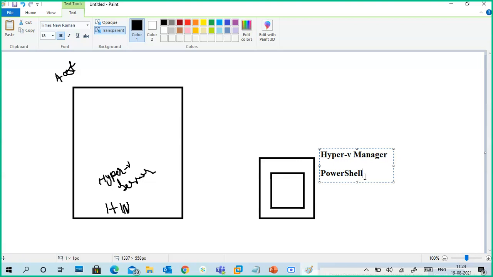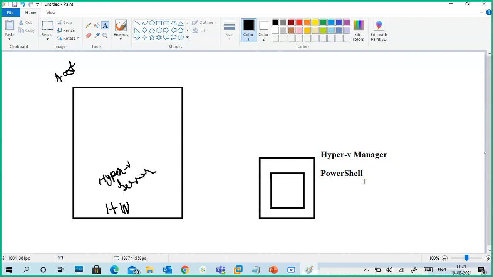It is a powerful administrative command line tool, and we can use scripting too. So either you can use a command line tool like PowerShell or Hyper-V Manager. Then we can connect to this remote PC and manage, meaning create, run, and manage the virtual machines. You create a virtual machine here, and these virtual machines run here only. The virtual machine is running here only, but we are accessing it remotely.